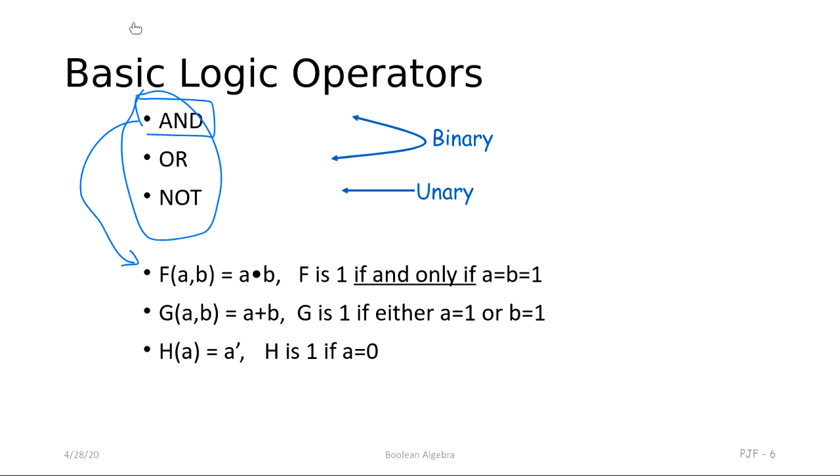Now this OR, what is OR? The OR function is represented here, and two variables a and b, it means they are being added. a plus b, simple. g would be 1 if either a is 1 or b is 1. That's very easy. So in simple addition, if any one of them is 1 and the other is 0, the answer will be 1. Now the third one,